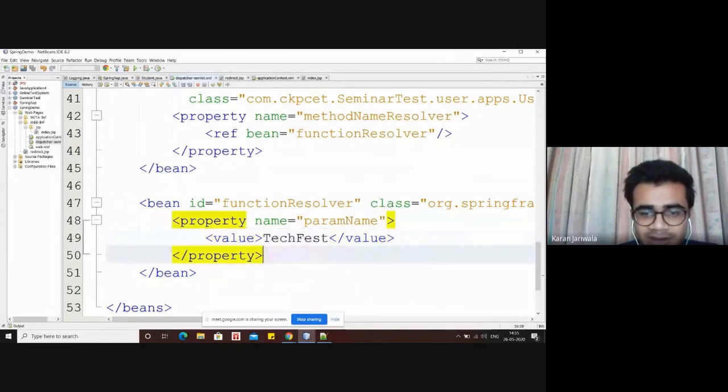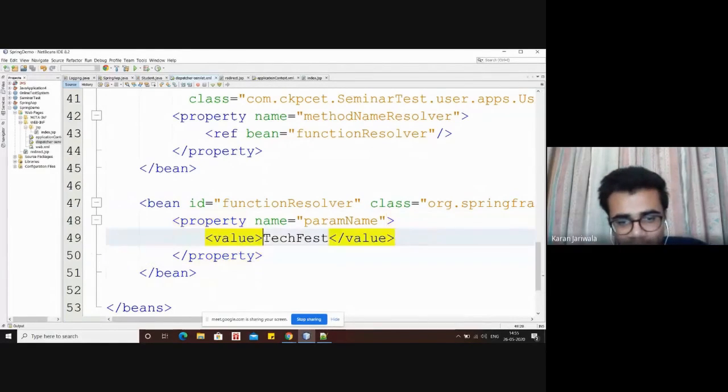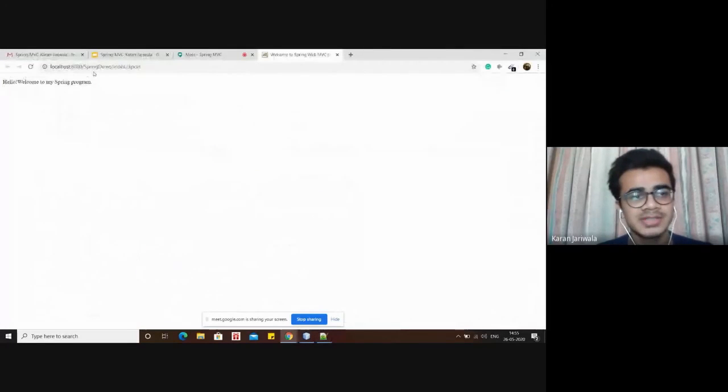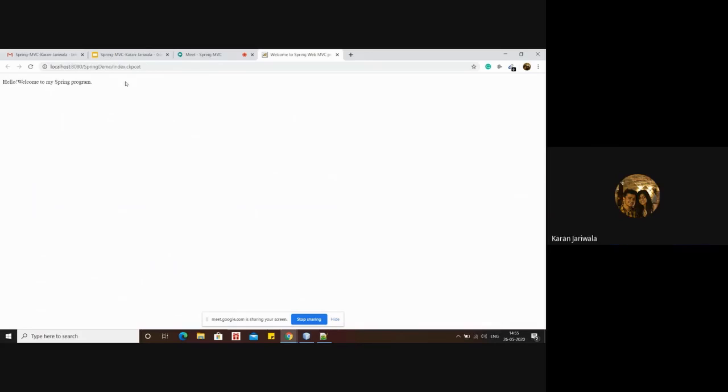TechFest, right? So I want the URL to be containing TechFest. I don't want the URL to change every time whenever I submit data, whenever I retrieve data. I want my URL to be as it is. Whenever we click on anything from over here, our URL changes over here, right? So I don't want that URL to be changed. I want my particular program to be secure.